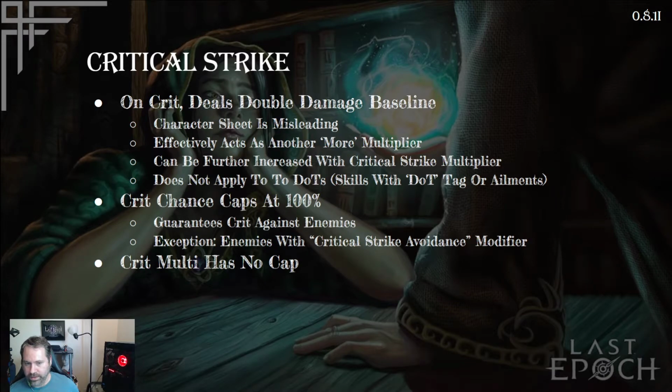Okay. Crit chance caps at 100%. You cannot get a double crit. Some games will give you a yellow crit and then an orange crit, where orange is like a double crit. That's not a thing in Last Epoch. Once you get to 100%, you are guaranteed to crit against enemies,